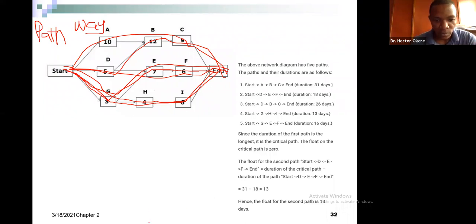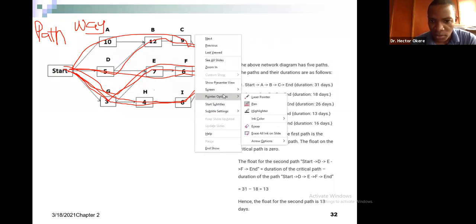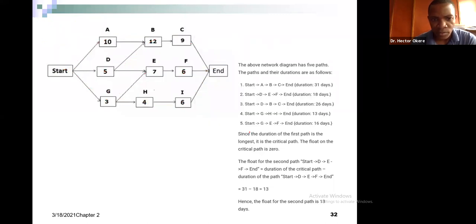Now, let me remove this. Okay, so now if you calculate from the first way, A, 10 plus 12, 22 plus 9 is